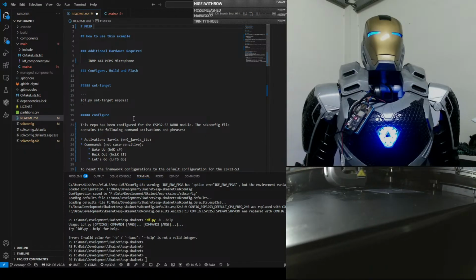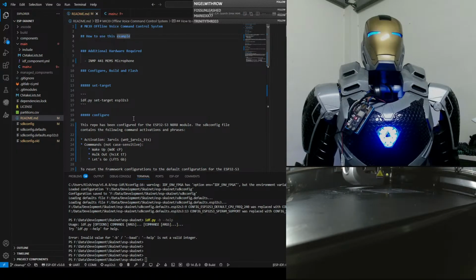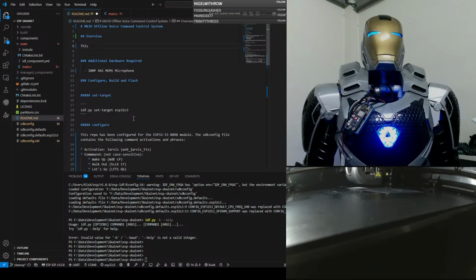Anyway, this repo is supposed to be specific for the suit, even though it can be used generally. And there was another guy who actually got it. Right, so the ESP Skynet framework was designed for